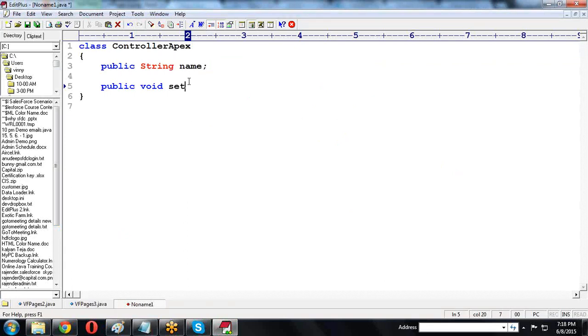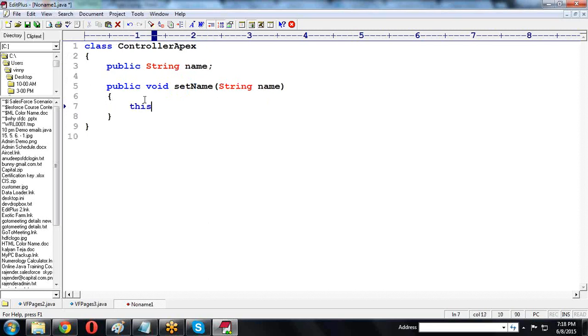Now for this setter method, set name is there. In the set name string we are writing the name. What is the variable name? Variable name is name. Whatever name we are passing, Rajendra like this, that name is stored in the set method. We are storing this value at the global level. So for this we are calling this dot name. Instead of this dot name I am taking name equal to s name, I am taking s name.